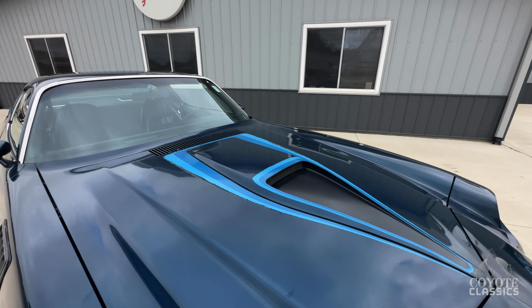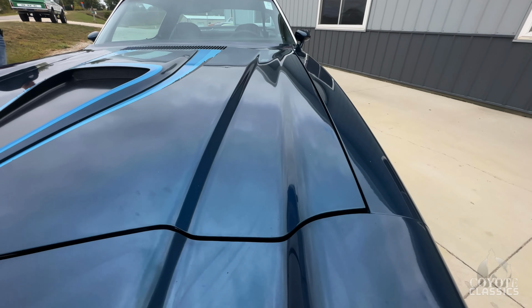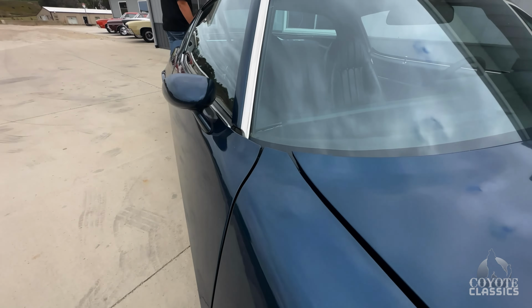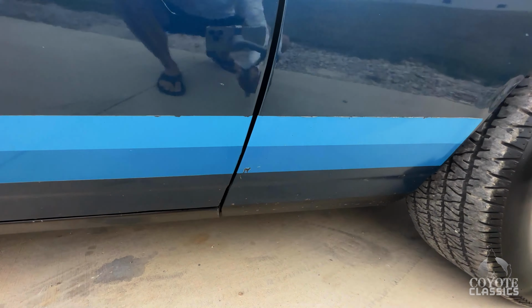Yep, I would too, after seeing that. But we do have the new decal in the trunk. I'll show you in a little bit. But yeah, both of the gaps are good here. Again, the hood fits nice in the back. Great gap,